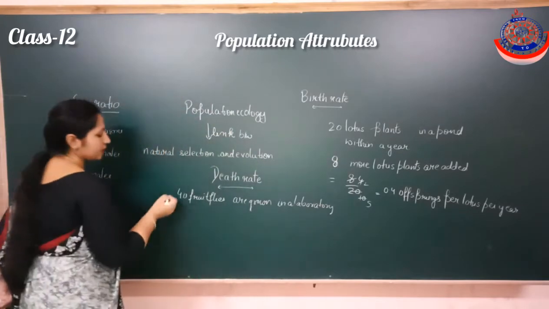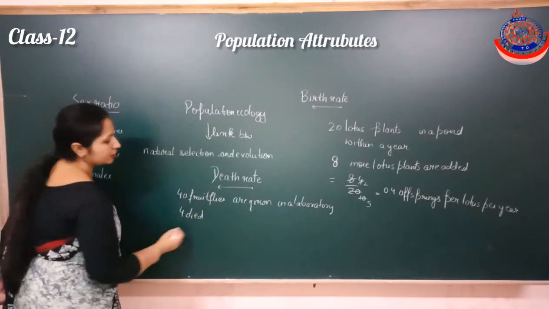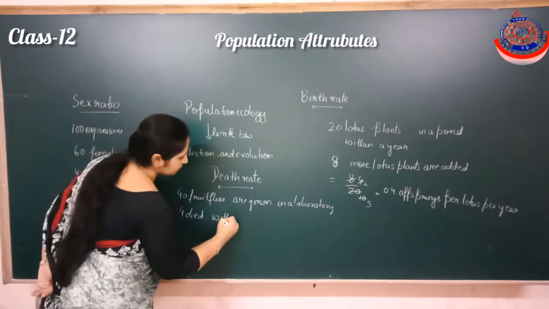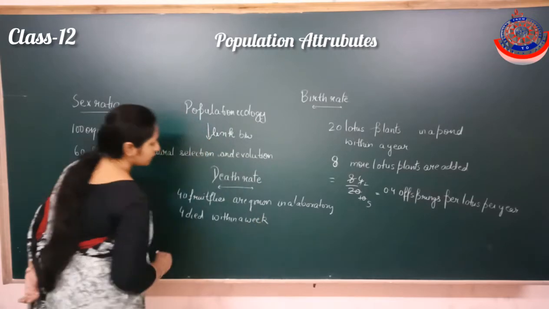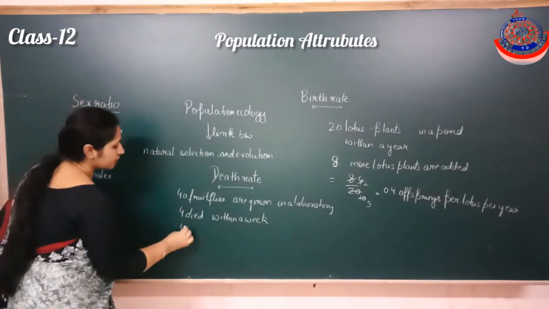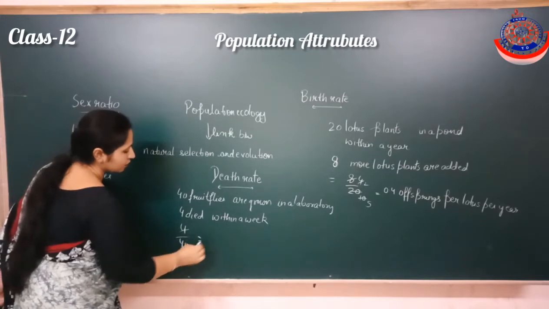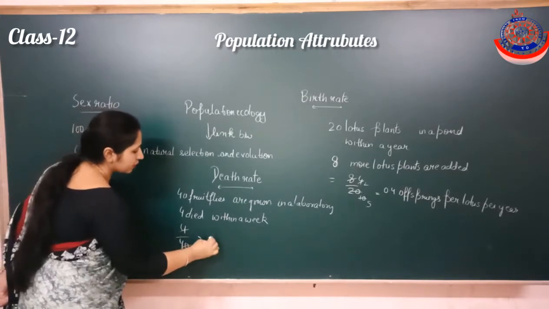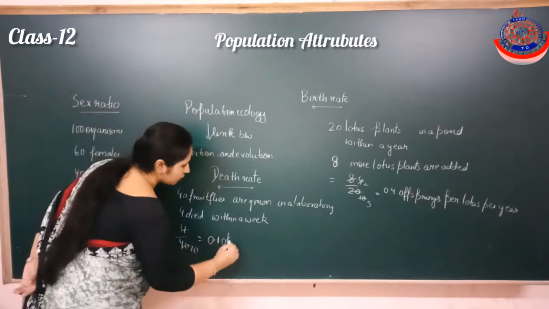Out of these 40, suppose 4 died within a week. Then how can we calculate the death rate? That is 4 by 40, that is 1 by 10, and then it will come 0.1 offsprings